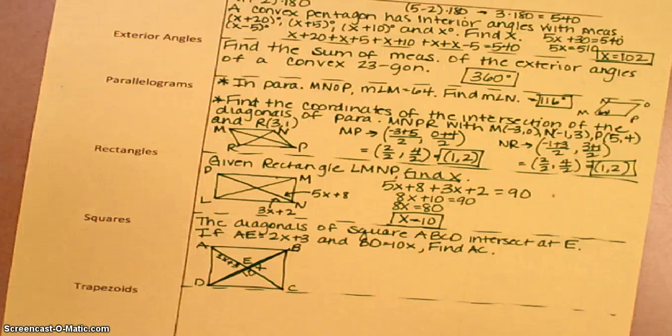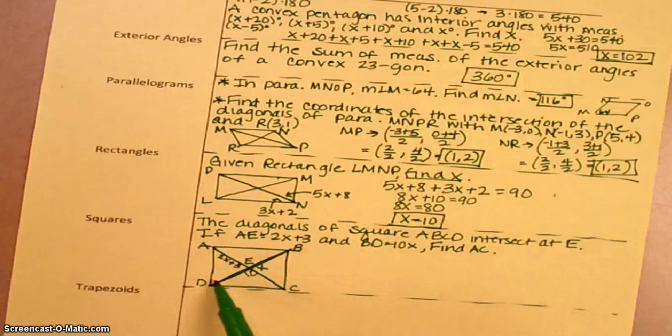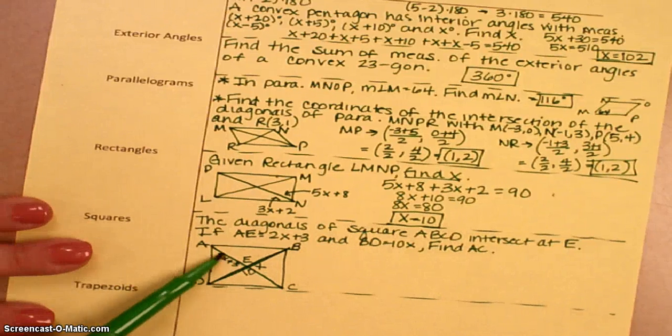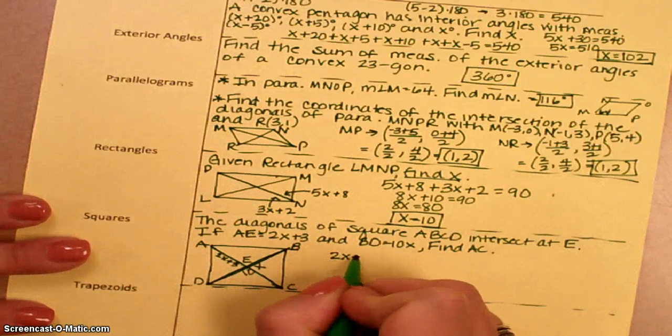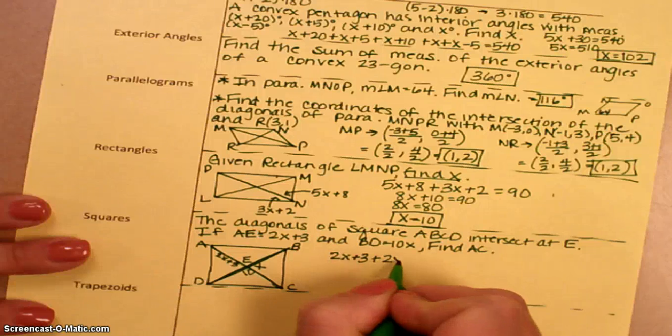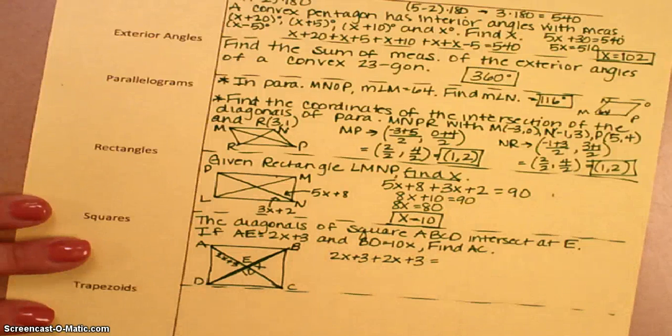Well, in a square, the diagonals are going to be congruent, right? Because a square is a rectangle, and in rectangles the diagonals are congruent. Also, in a square, the diagonals are going to bisect each other, because a square is also a parallelogram. So this one plus this one is going to equal this whole thing. If this is 2x plus 3, so is this part. So we're going to go 2x plus 3 plus 2x plus 3, or you can think of it as times 2, so like 4x plus 6,